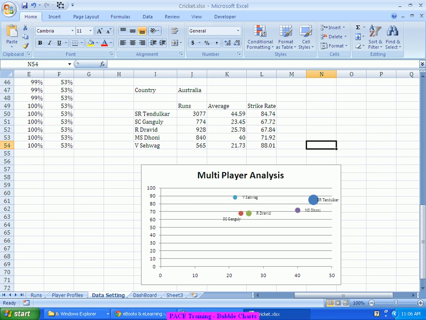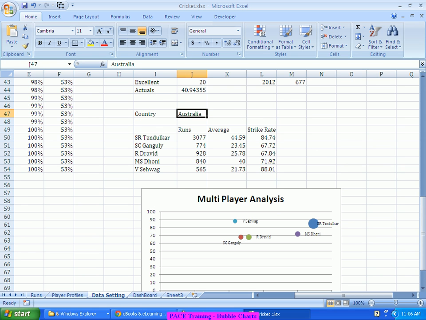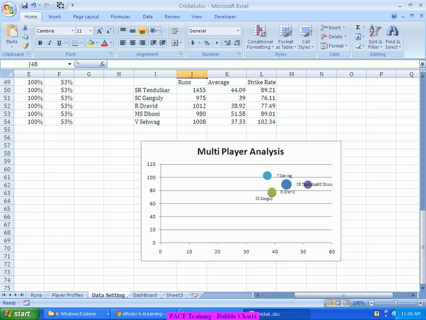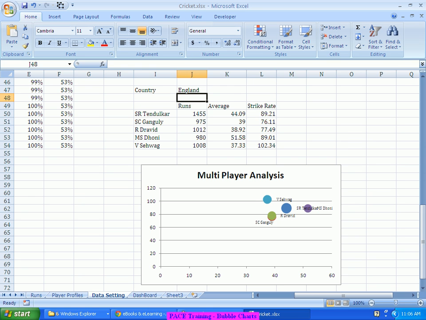Now just to test this out, what I can very well do is change the name of the country here, let's say to England, and what I see is that the graph keeps changing in this process. We get slightly larger and smaller bubbles. Let's say I again change it to Pakistan. I get a slightly different size in the bubbles. The size of the bubble is different. The locations for these players are different, and that is what constitutes our